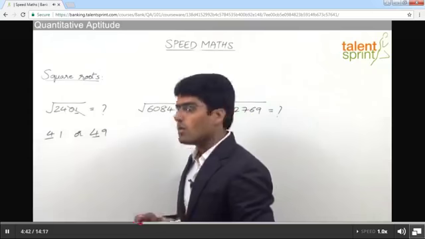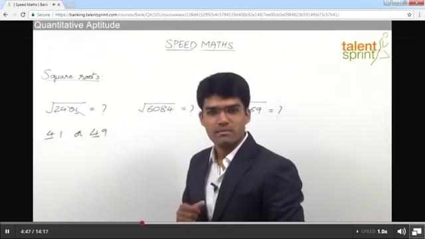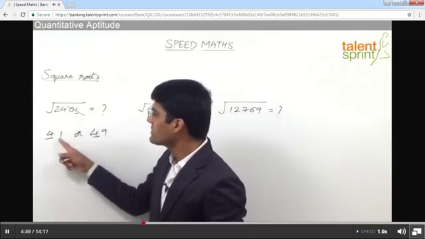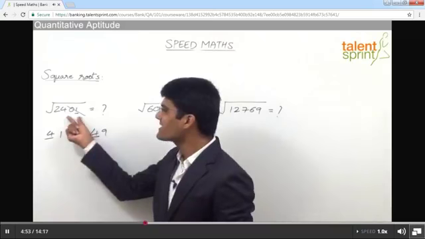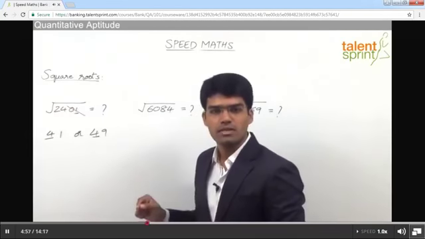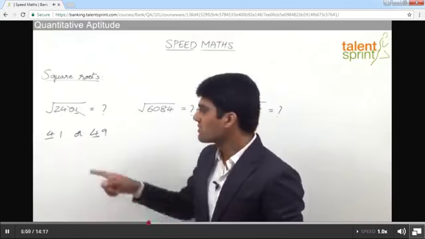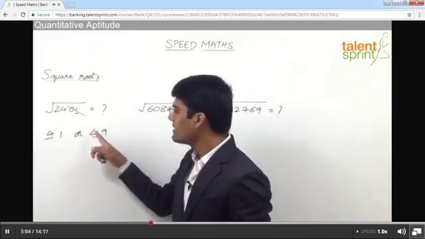That means now we know that the answer is either 41 or 49. Remember, the first step is to check the units place and find out what are the possible units places. The second step is to leave the last 2 digits and find a number which is immediately less than the remaining part of the question and a perfect square. So here that comes out to be 16. So 16 is nothing but 4 square. So that is the reason we write 4 here.